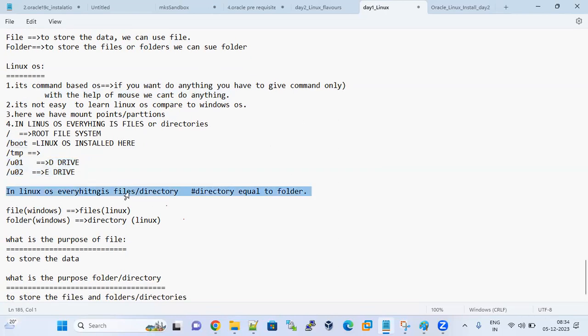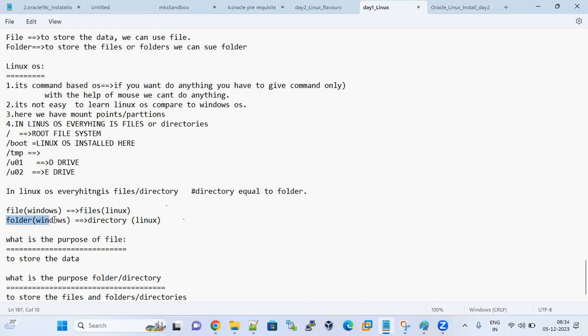In Linux, everything is files or directories. A directory is equal to a folder only. In Windows you say folder, here you say directory. The terminology is different, but the purpose of a directory is the same as a folder. In Windows you say files, and in Linux you also say files.